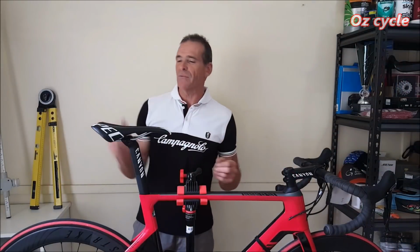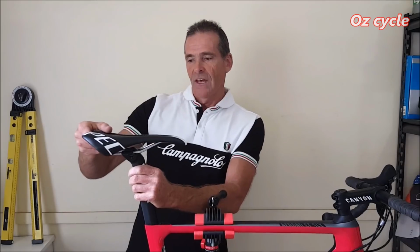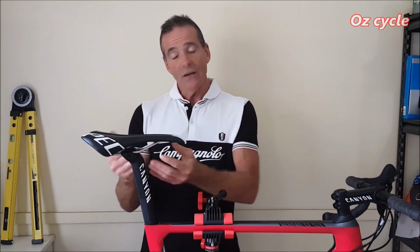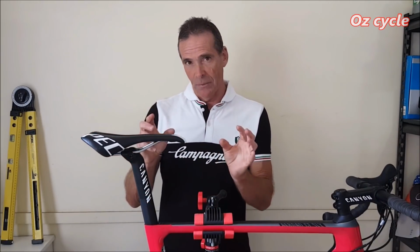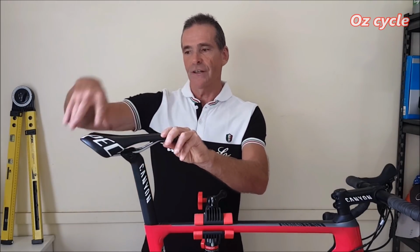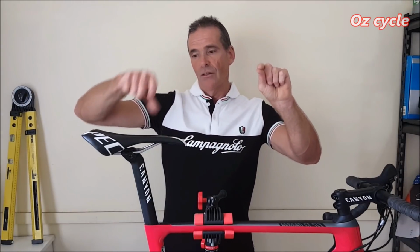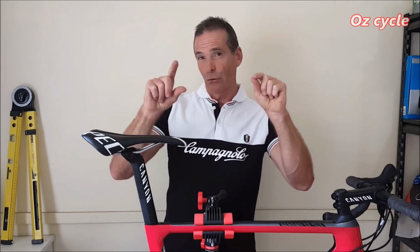Now just turn the bike around and put a seat on and left it loose so I can demonstrate this point. Now with your seat in the middle, your rails act a bit like a suspension system as well, because you've got the saddle shell connected at the front and twice at the back near your sit bones. So the rails act a bit like a suspension, they move a little bit,